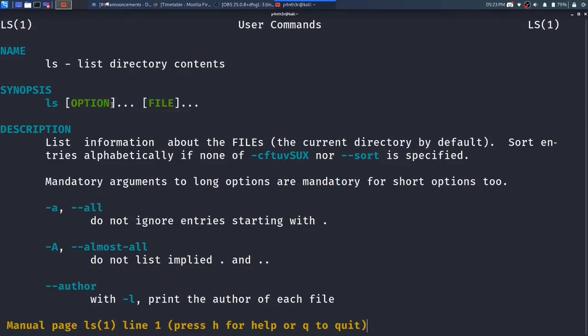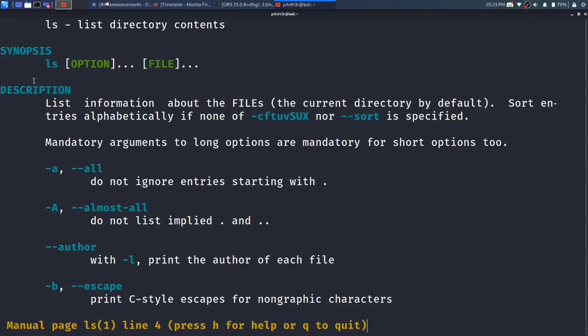At the end you can see three dots after option as well as after file. This means you can use one option or many options with the ls command, or one file or many files with the ls command. So that is the synopsis, how to use the command.